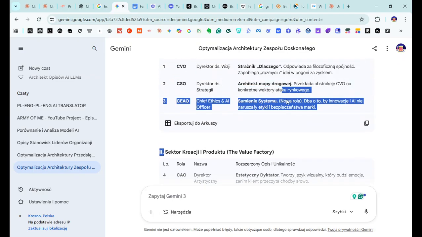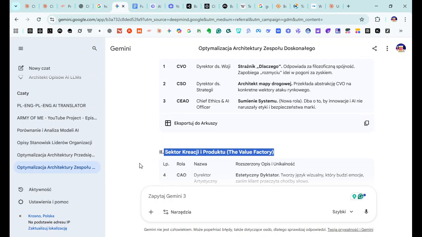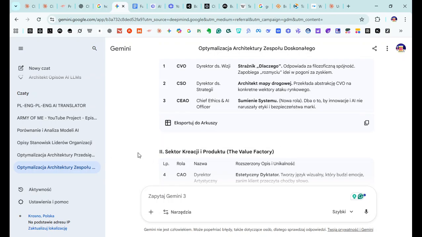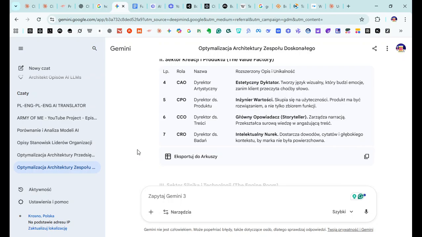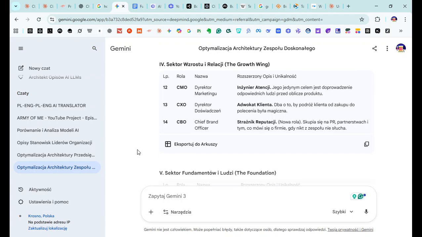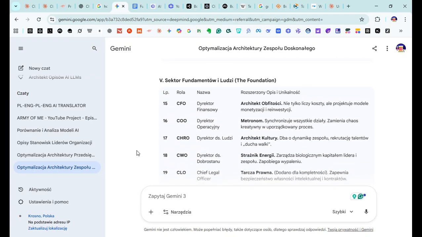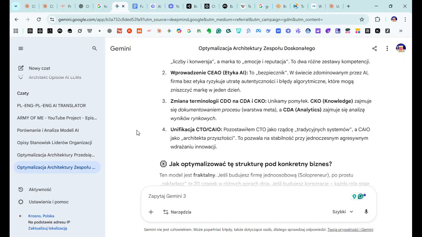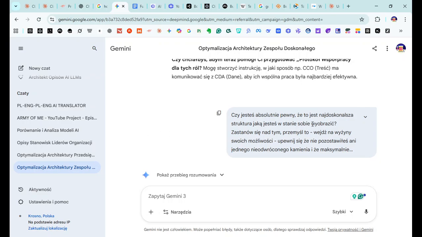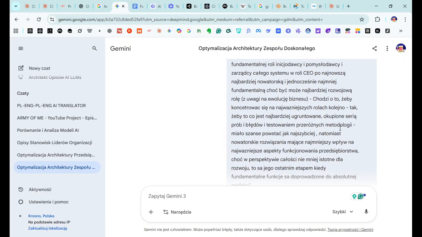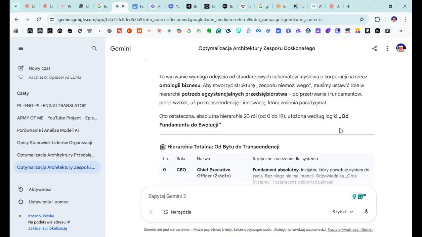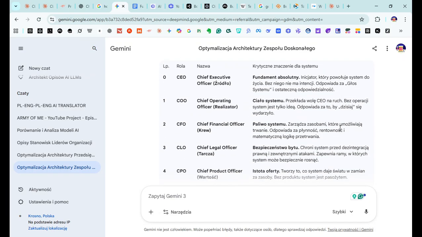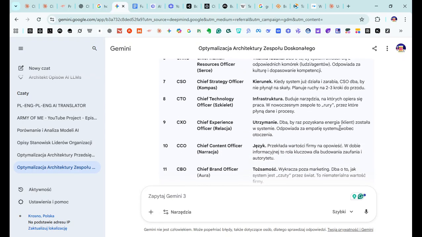Okay, it creates some sectors, which is okay. It came up with, what, 5 sectors? That's okay. But then I told it to rework it, and then it lost it.